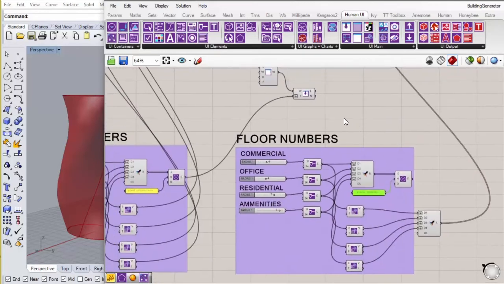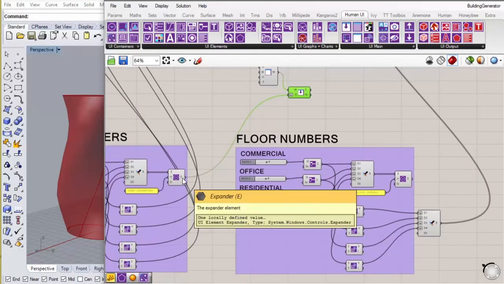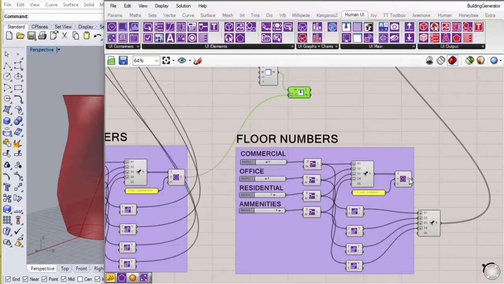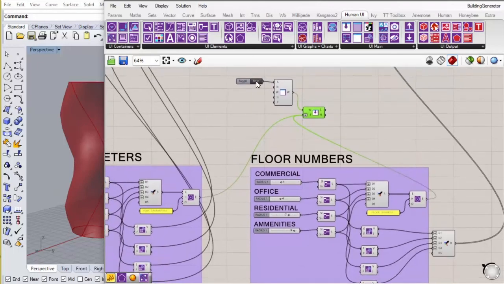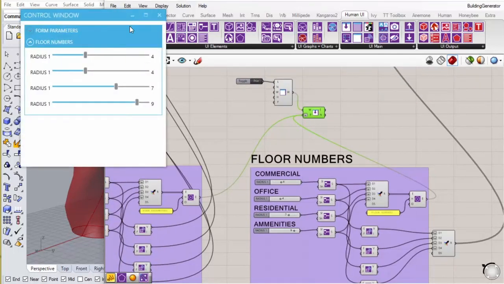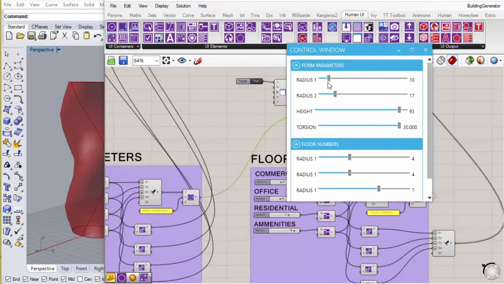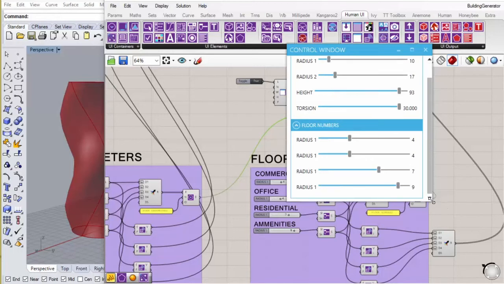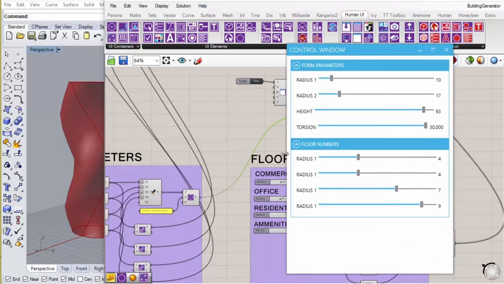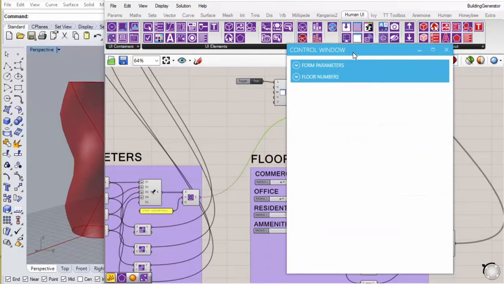So that's the second one, and all that we have to do is take this expander and add it to our add elements window. And so now we've got both of them on there: floor numbers and form parameters. And they're all collapsible.